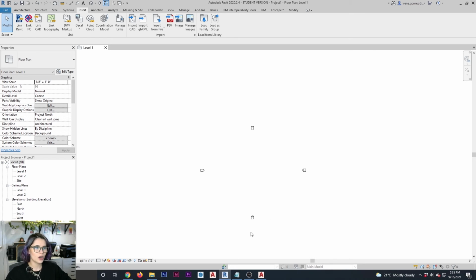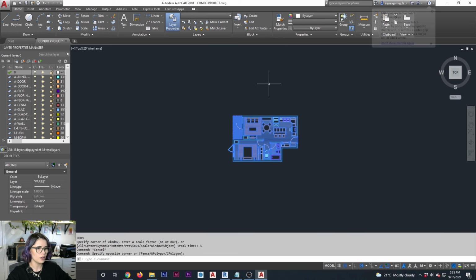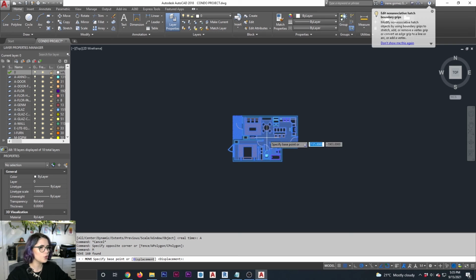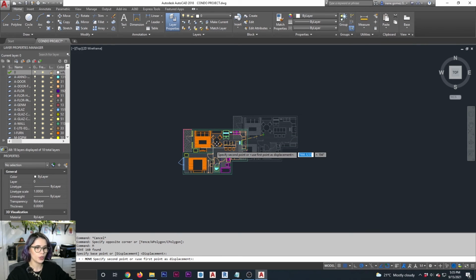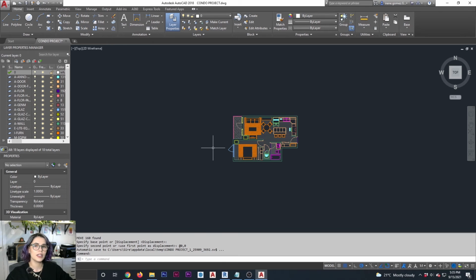Now, there are a couple different ways that you can solve this issue. One is directly in AutoCAD. So I'm gonna come here to my AutoCAD drawing, and there's a couple things that I can do. One is I can take my drawing and say that I wanna move it, so M for move, and I'm gonna pick it up around the center, and now I'm going to type 0,0, which basically is going to allow me to move it to the origin.